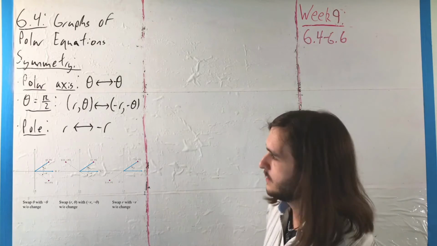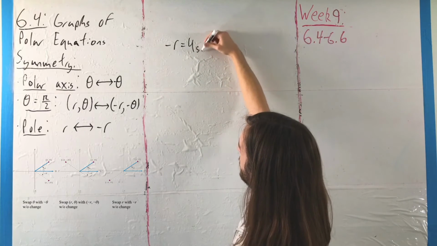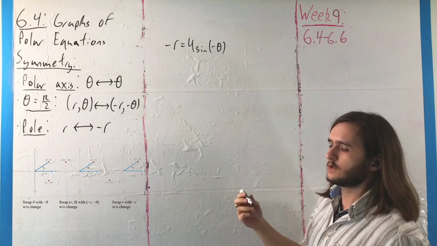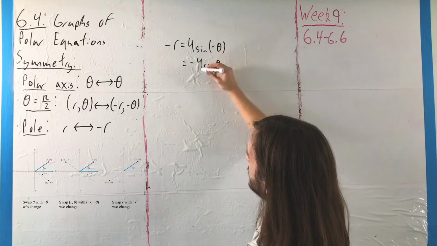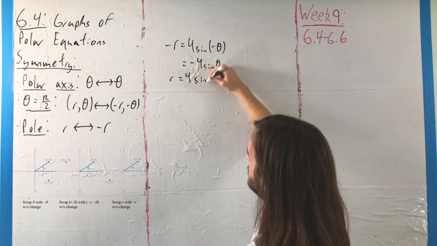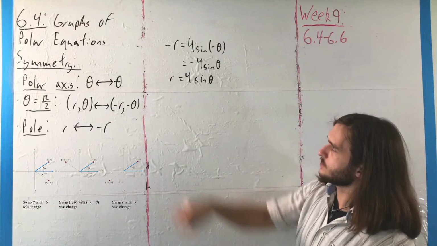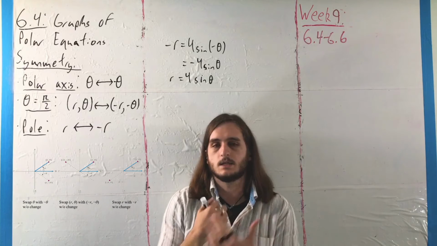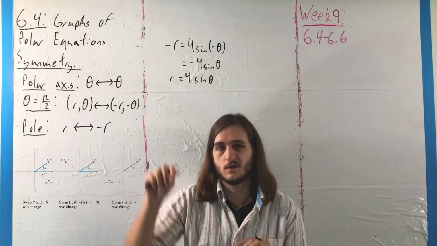That is, if we have negative r equals 4 sine of negative theta, because that function there, sine, is odd, we can pull out the negative, get negative 4 sine of theta, and then cancel out the negatives to return to 4 sine of theta. Where because we can change both of these and still have essentially the same thing, this has that second kind of symmetry, which makes sense if you think back to what that picture looked like, as it was a circle